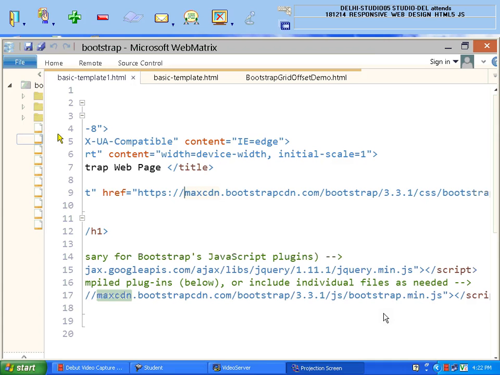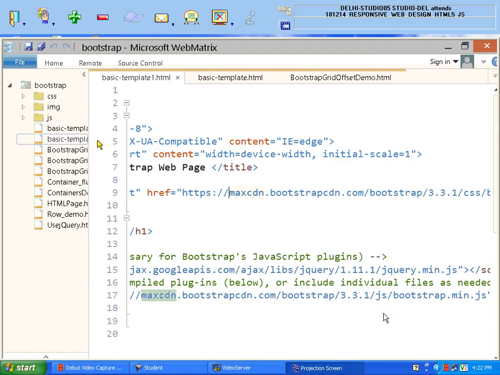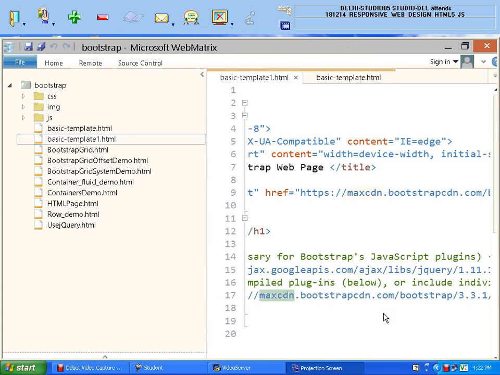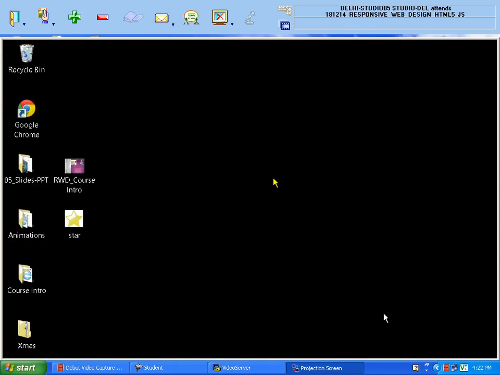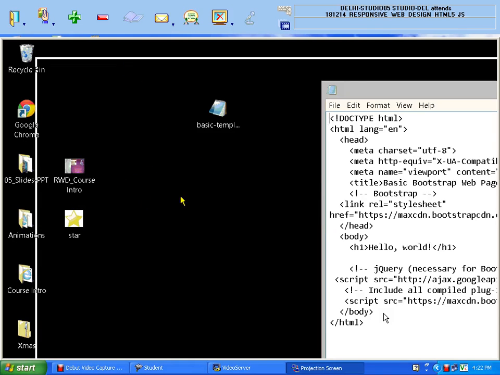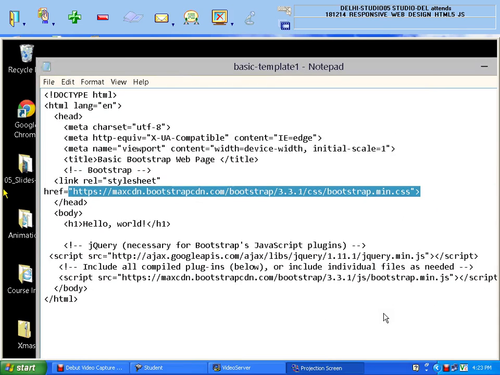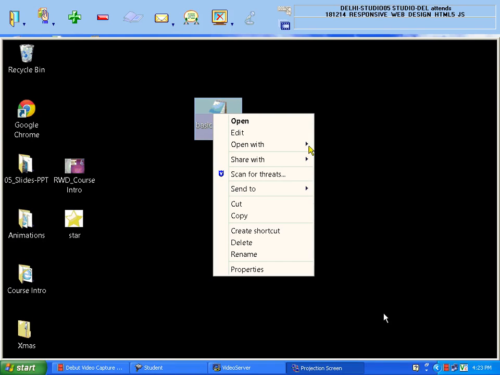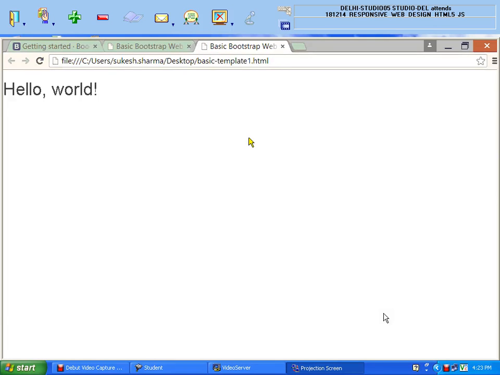So if I don't write this web page inside this structure and I put it somewhere on my desktop, I don't have any structure of Bootstrap, because the files which I'm using here are using the CDN. So I don't need that directory structure. I will just open this, and it will work properly. Okay,